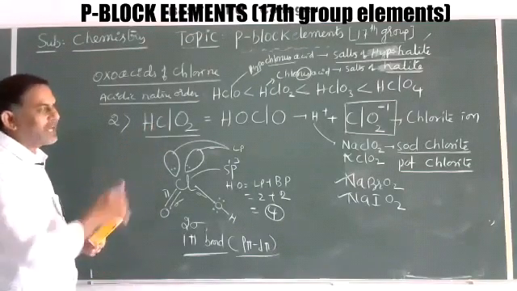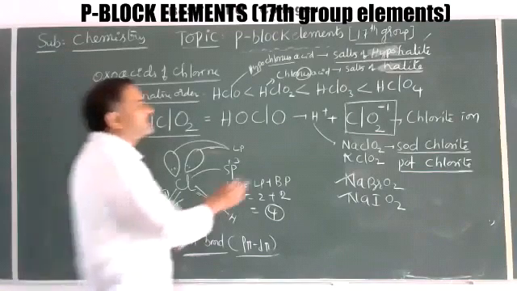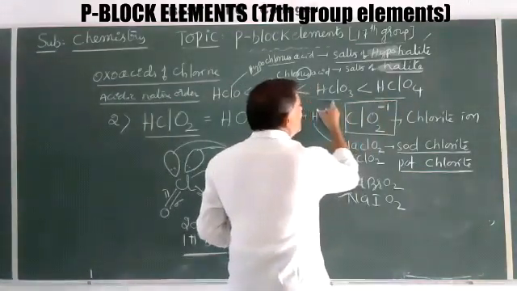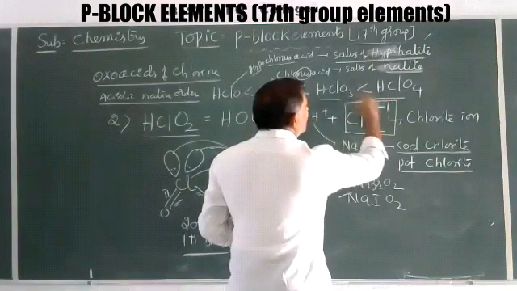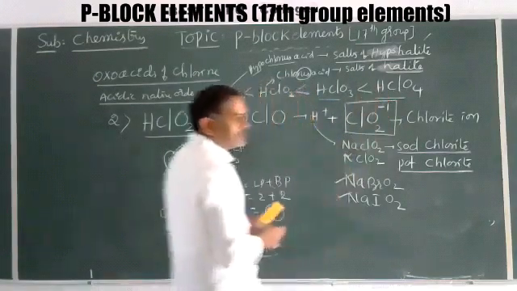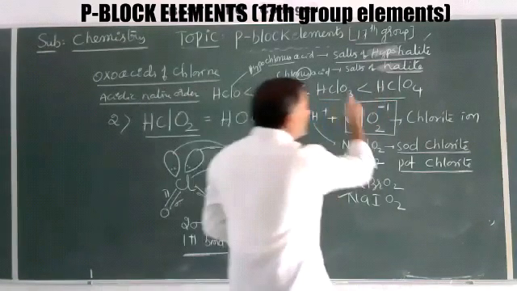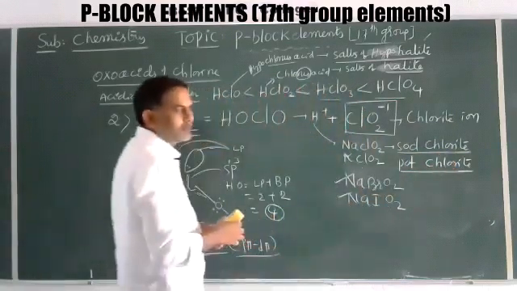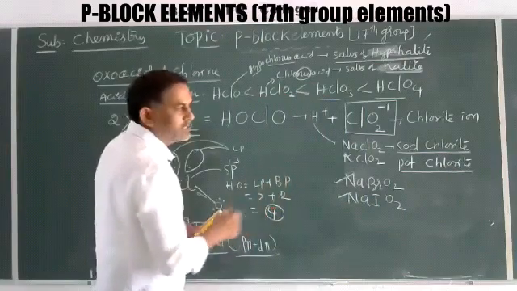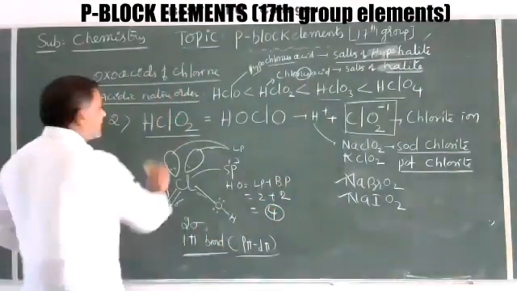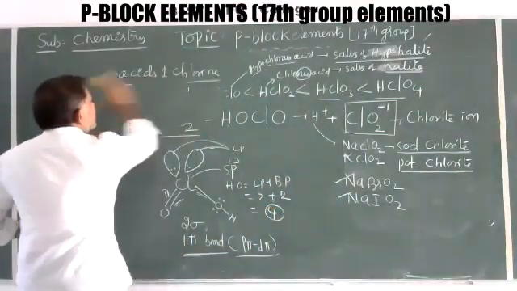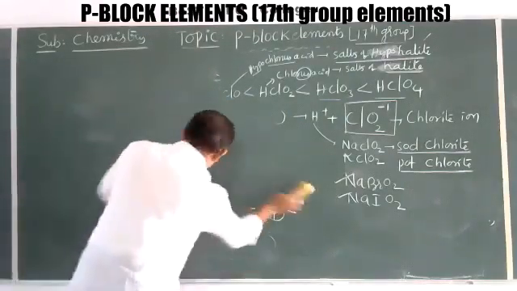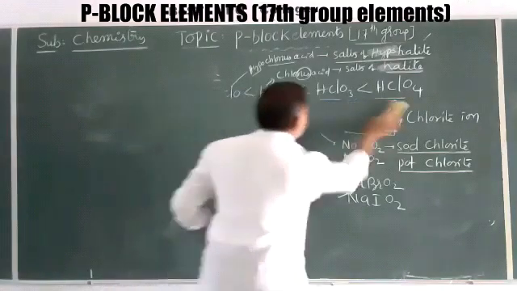HClO2, chlorous acid. The remaining two are the chloric and perchloric acids, both are ic only. So for ic acids, instead of ITE we get ATE: chlorates, bromates, iodates. So the next important compound among the oxo acids of chlorine is